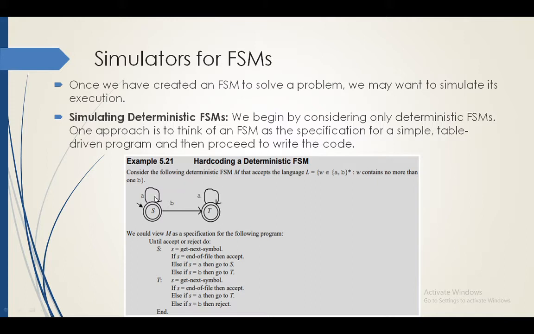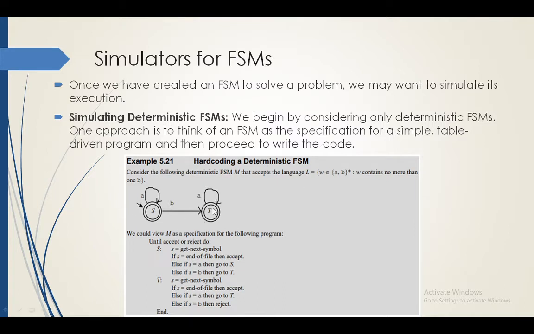So this is the DFSM I have constructed for this language. If only A comes, it starts accepting those A's. If B comes, B should come only one time. So I have shown one transition from the start state S to T for the input symbol B. After that, if any A's come, they will be accepted by this state T. There is no transition for B from state T, or you can show the transition to a dead state here, because according to the given condition, the occurrence of B should be only one time, or it may not occur.